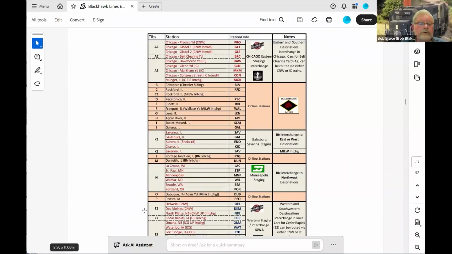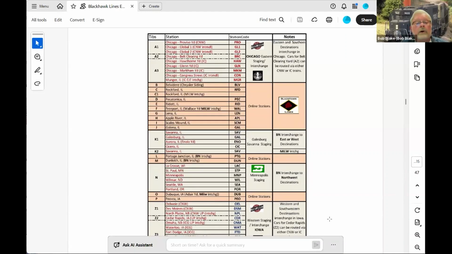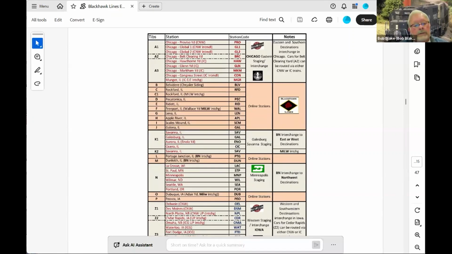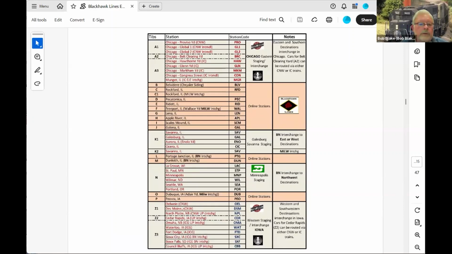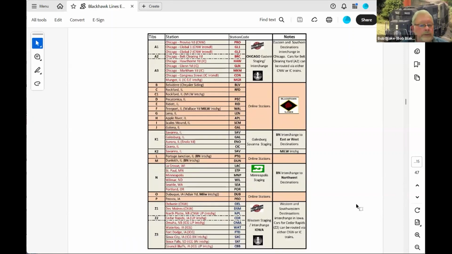So I can have waybills set up to go to Owine or Des Moines or North Platte or Omaha or Waterloo or Fort Dodge. But the Tibbs code for those will be Z something. Z1 would be Northwestern, Z3 would be Illinois Central, but they're all going to the same staging yard. Likewise with